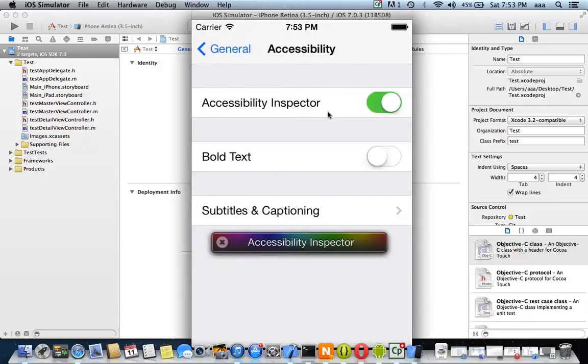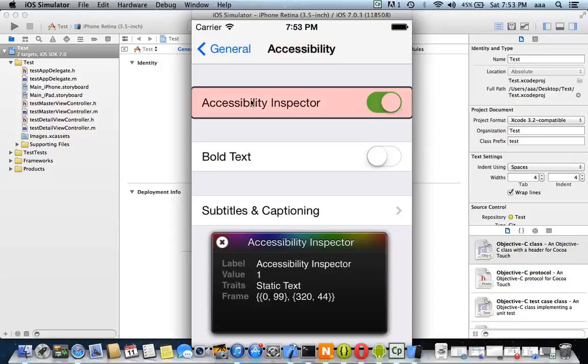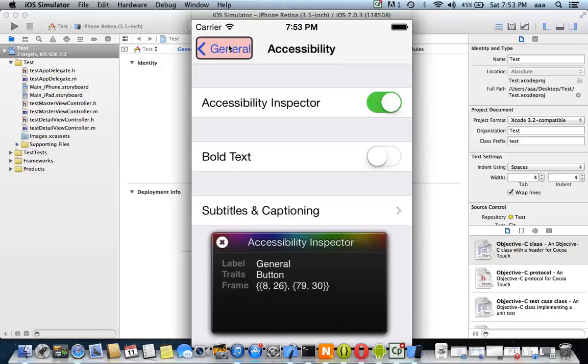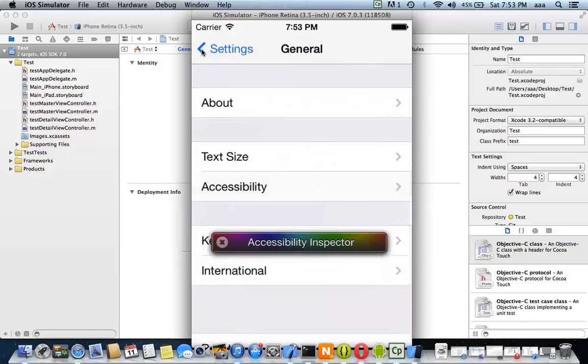So now the inspector is running. If you tap on any button, it will tell you what it is, whether it is a button or a text, bold text, subtitles. You can stop the accessibility inspector in the meantime, and then you can go back,